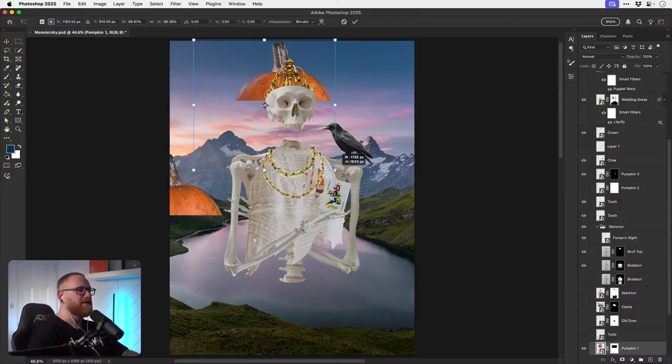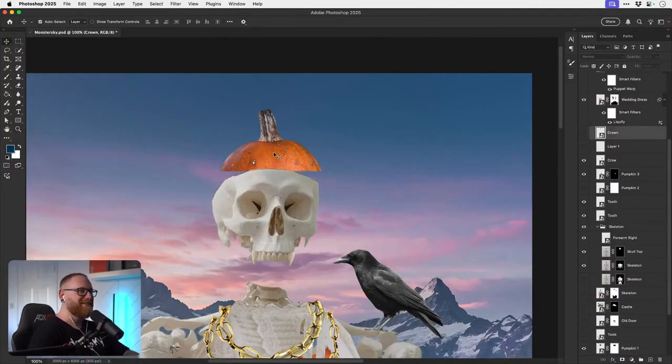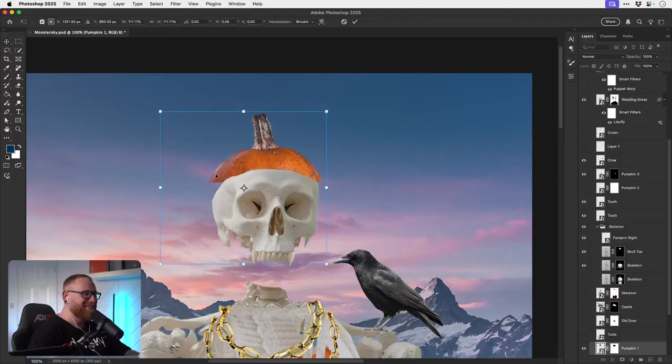Okay. Little pumpkin head. Oh my goodness. Oh, he looks so cute. Not sure if this gives off the right vibe, having a little pumpkin head. It doesn't look as scary anymore.